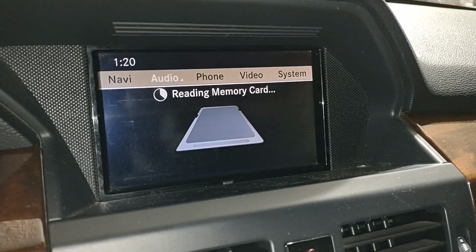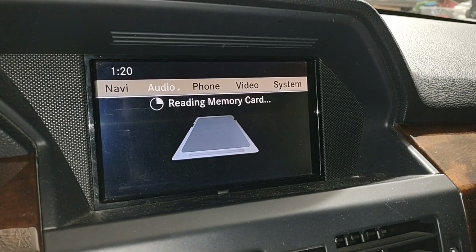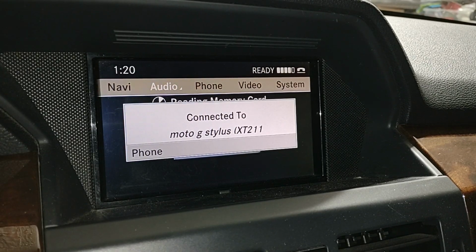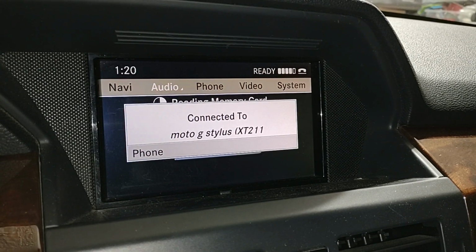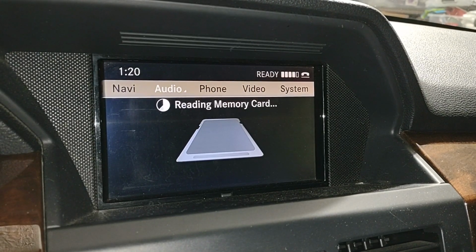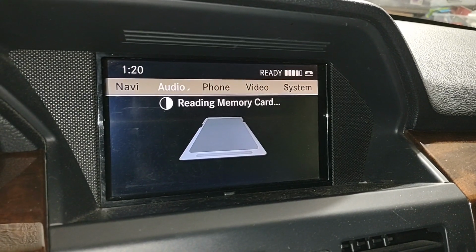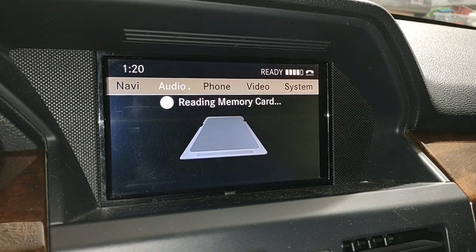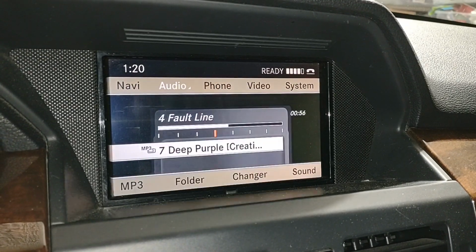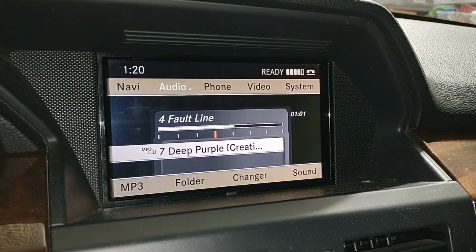If you've selected the memory card option, which I do most of the time when I'm driving, to be honest, when you first start up the car, it will start reading the chip. Because I've got this ginormous 64 gigabyte chip, it takes a while for it to actually download all the information so that the head unit knows how to react to it. But if you're just a little bit patient,